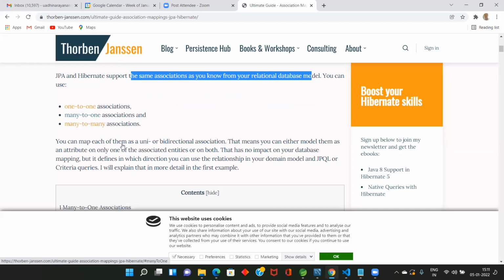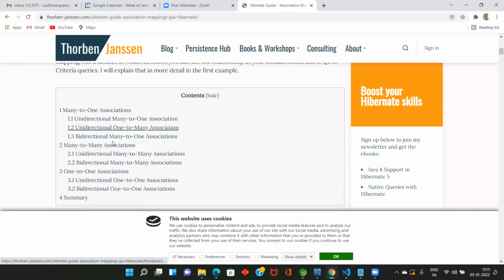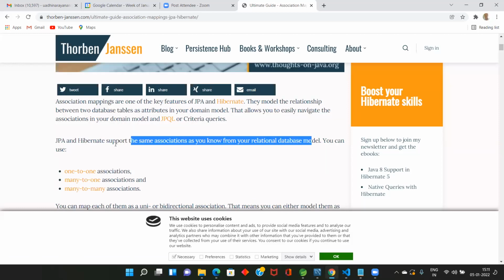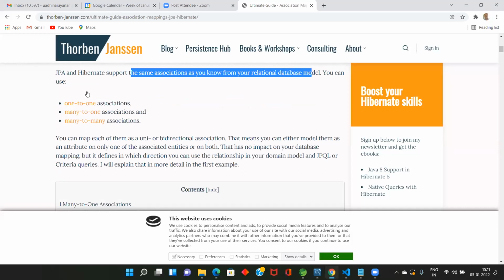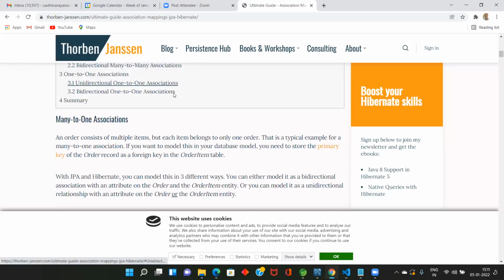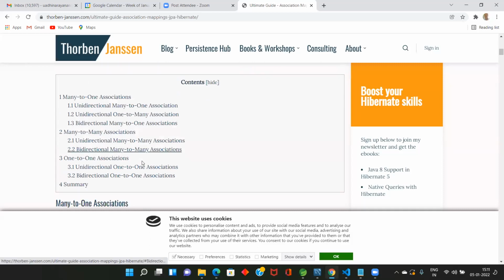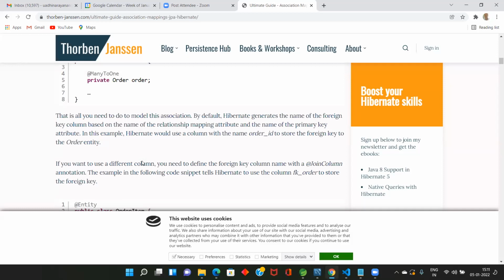You can map these directly. These are all unidirectional, bidirectional. When you go to the site, you have a number of things. From here, now you know the advantages of why we are doing this association, and you should go and read about unidirectional and bidirectional. All the things are there. So when you watch my videos, stop the videos, go to this website, and you should be able to get enough information on this. So try to get the information on all these things.